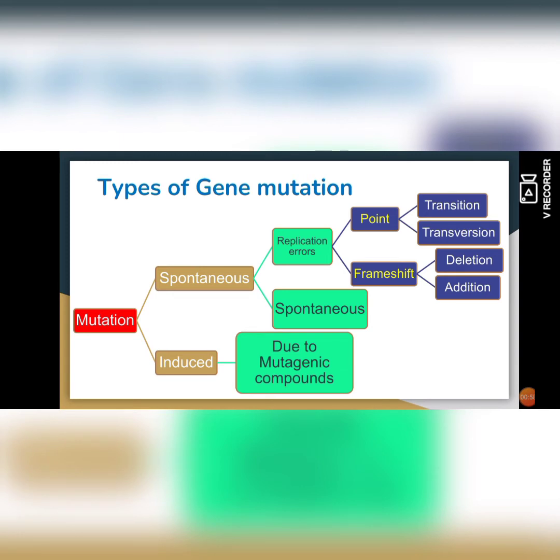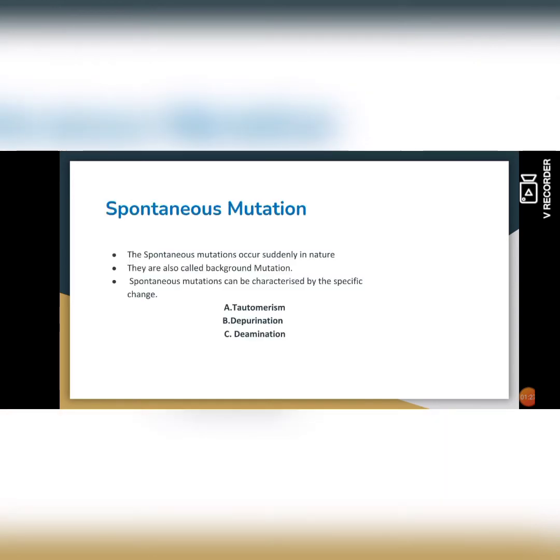Gene mutation can occur by spontaneous effect as well as induced. Spontaneous effect is classified into two categories, replication errors and spontaneous. Replication errors are further categorized into point mutation and frameshift mutation. Point mutation can occur through transition as well as transversion. Frameshift mutation can occur through deletion or addition of bases. Spontaneous mutation,